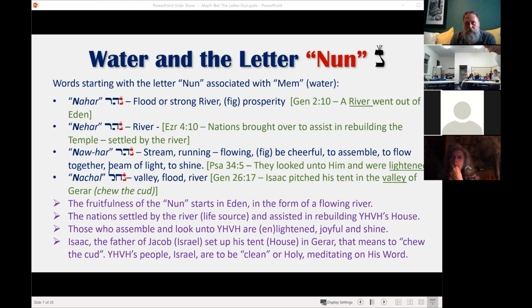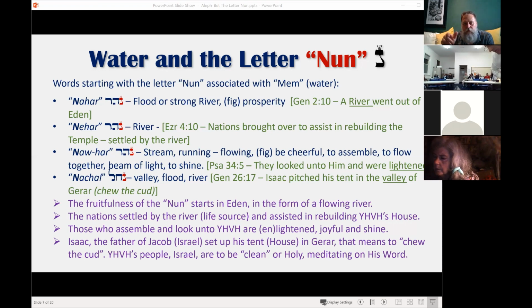We noticed that Dan has the serpent. That's it. And he's got the Nun as well. Aborigines have that. Yeah, and he's got the large Nun, Dalet Nun, the large Nun, which is the enlarged one, which is the good one, the Tanin. But that serpent is not a bad serpent.